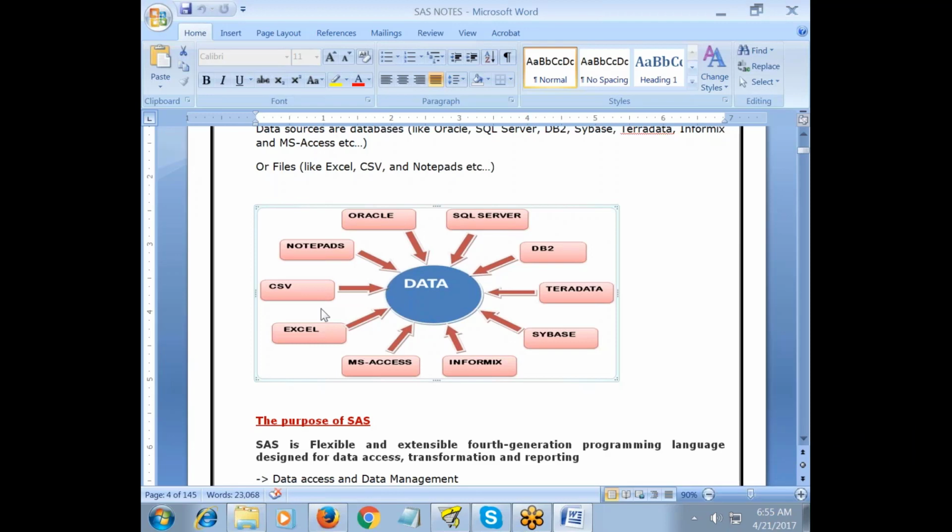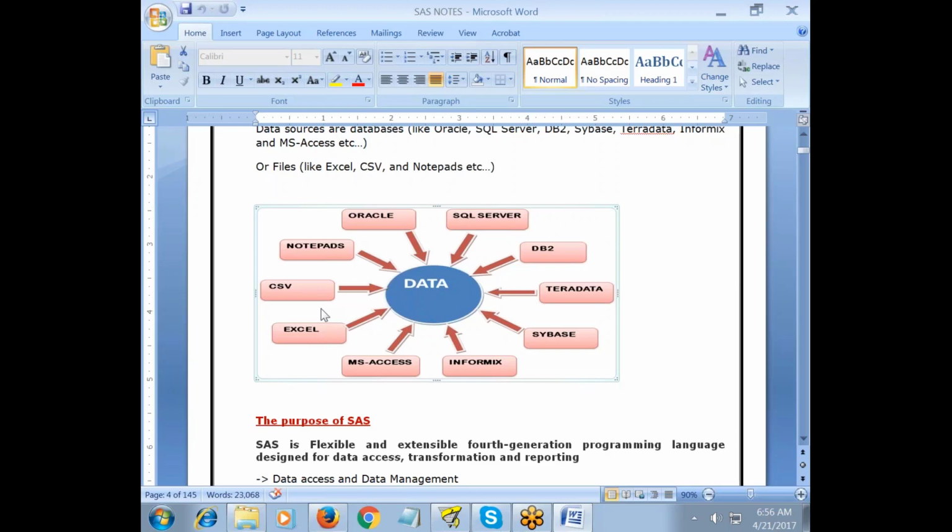What is MS Access? MS Access is a file or a database? It is a database. I used two terms here, file and database. So what is the basic difference between a file and a database?